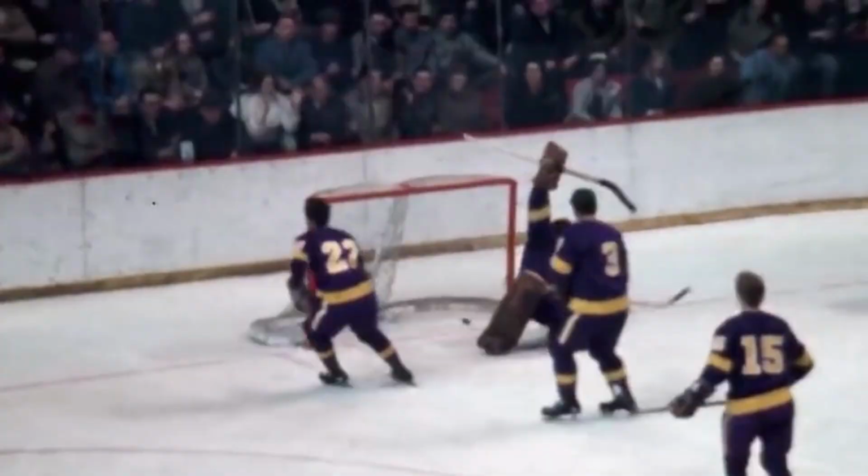Bobby Orr, a former Canadian professional ice hockey player, played in the NHL for 12 seasons. He is widely regarded as one of the greatest players of all time, and the only defenseman to win the league scoring title with 2 Art Ross trophies. Orr also holds the record for the most points and assists in a single season by a defenseman. And coming in at the number 1 spot of the most valuable hockey cards,